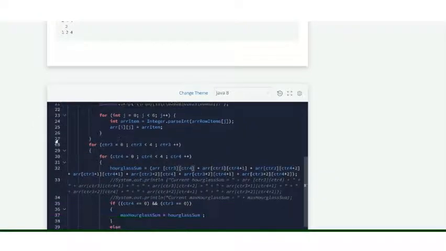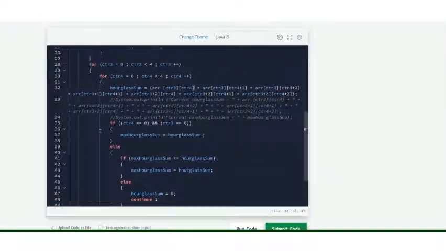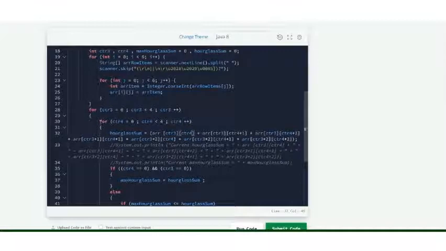Now this is how I have solved the problem. So the outer loop basically traverses through each row, and the inner loop traverses through each column. Now we must remember that when we are taking into consideration a specific element from a 2D array, then we need two square brackets. The first square bracket represents the row number, and the second square bracket represents the column number. So we can imagine this as a grid or a graph, we could say. So the x-axis and the y-axis will be taken into consideration.